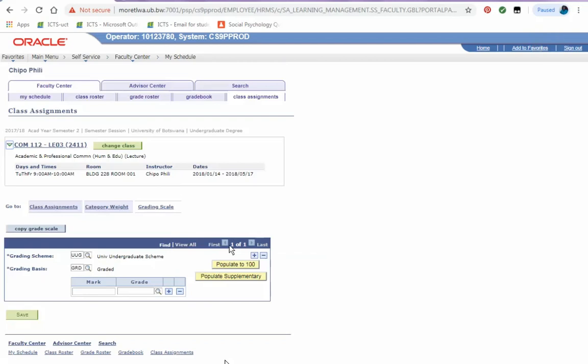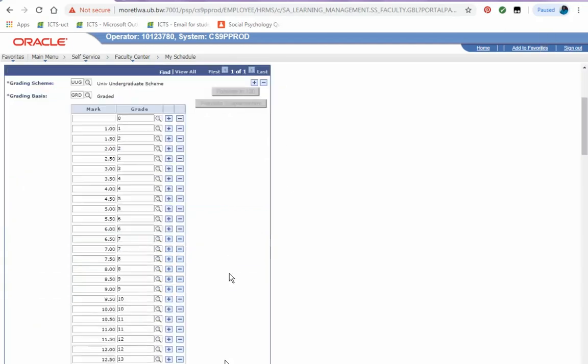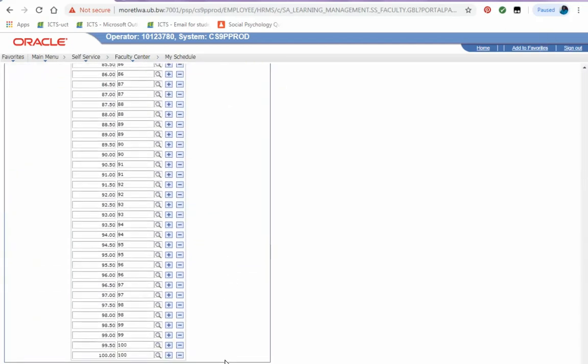Once all is saved, go to grading scale. On the grading scale, you simply click on populate to 100, scroll down and save. The grading scale is very helpful at the end of a semester when you want to update your marks to the grade roster, right? You will need it. Populate to 100, scroll down, look for save,